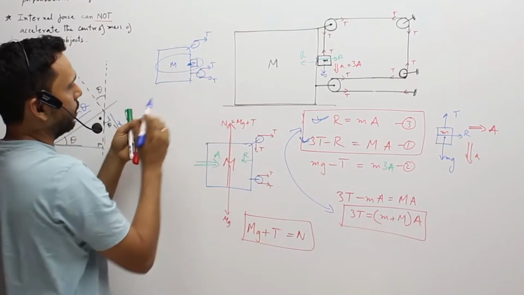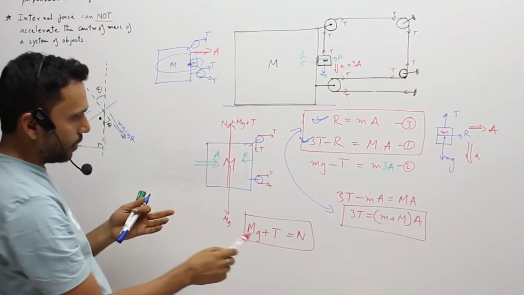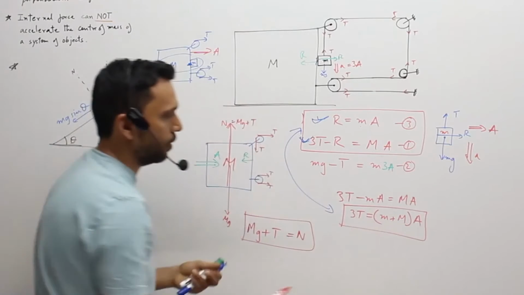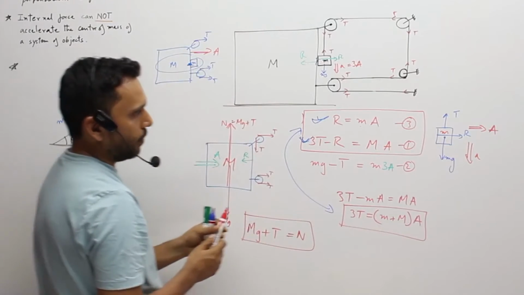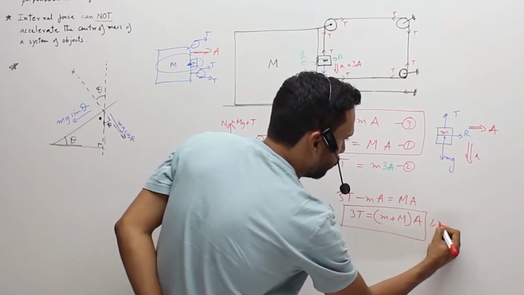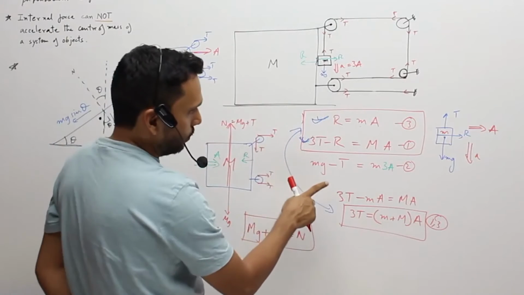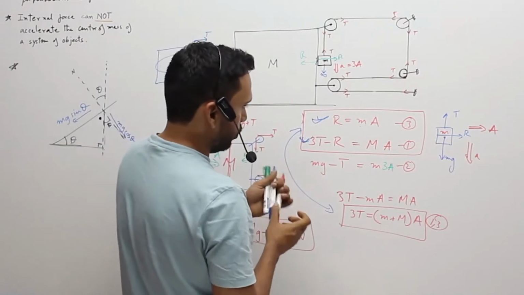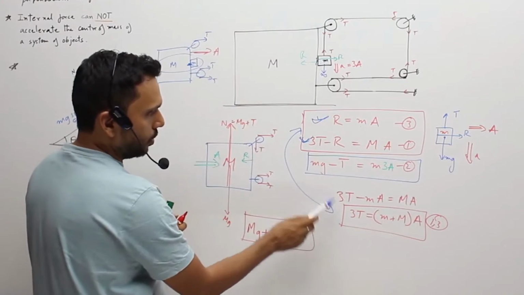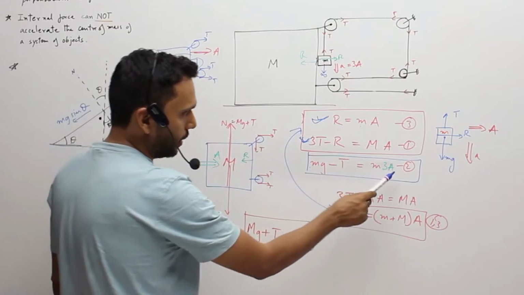and T and T. So this T, this T. So 3T remains the external force, and these two masses together are going forward with A acceleration. So that would have given you this equation directly. 3T is equal to m plus m A. So anyways, what we have now is a combined equation of 1-3, and we have got the other equation, which I'll mark in blue.